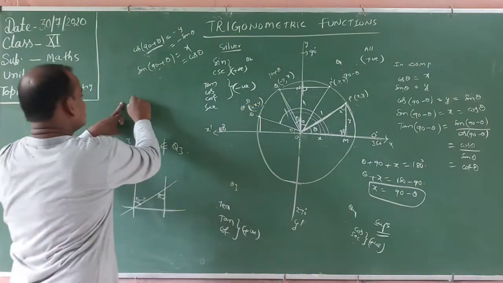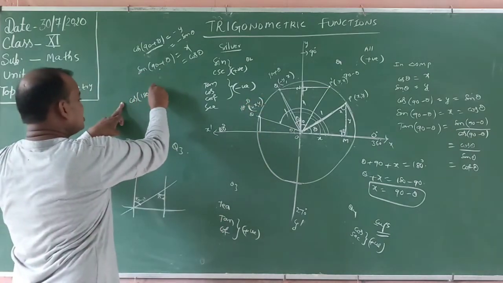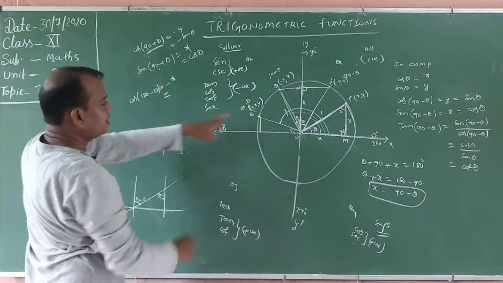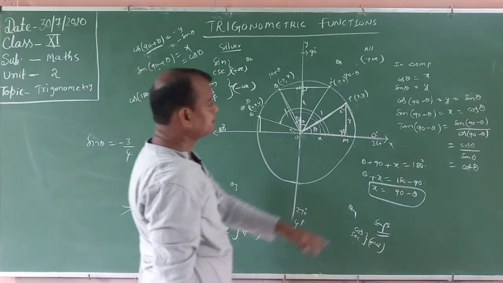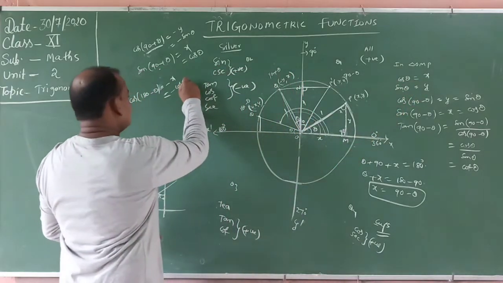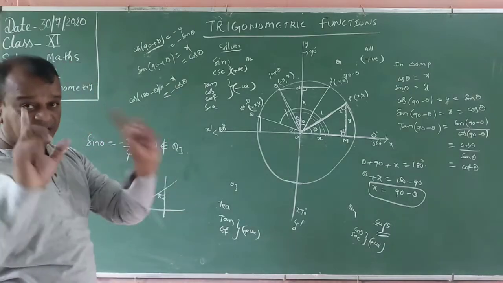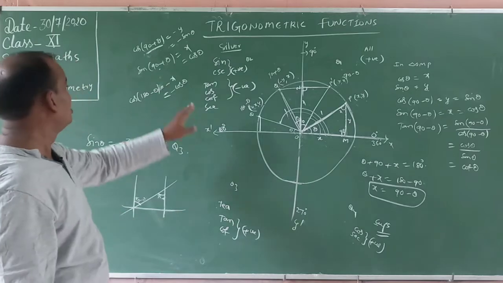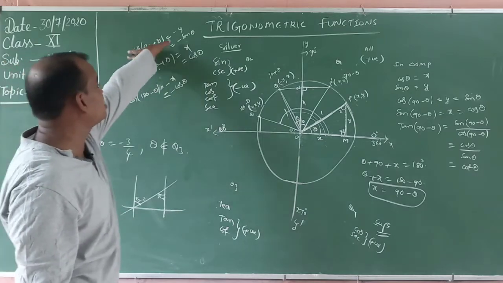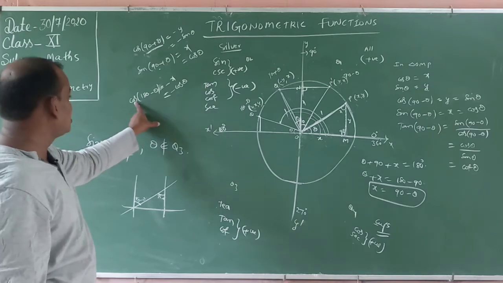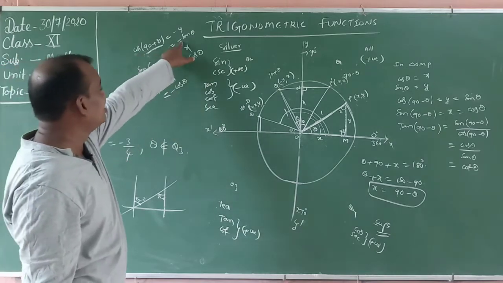First we apply the cos. Cos of 180 minus theta is equal to how much? Minus x. Here minus x comma y, minus x. X means cos theta. You observe that one, you think, observe. In the second coordinate, only sin and cosecant are positive. Here, in the second coordinate, cos is negative. Cos is 100% negative.